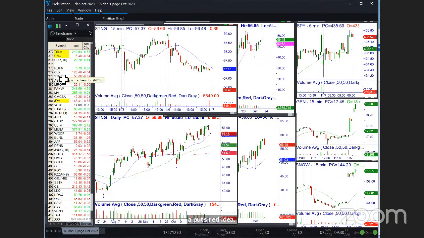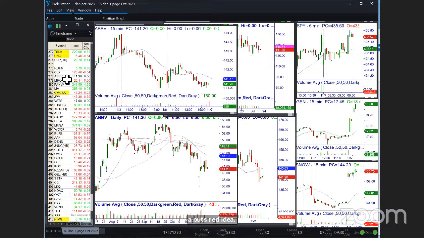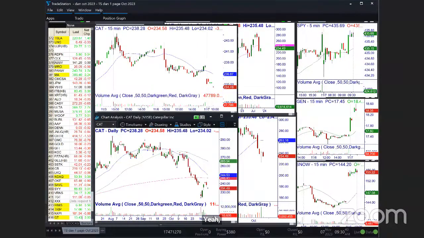A Sting was a potential breakout, but here ABBV. Oh, wow, our Zulu Sierra is flying here. ABBV is a short idea. We have that posted as a call spread under the trigger. All right, cat, let's close half. Nice gap down in cat, Dan. Yeah, I already posted it pre-market.